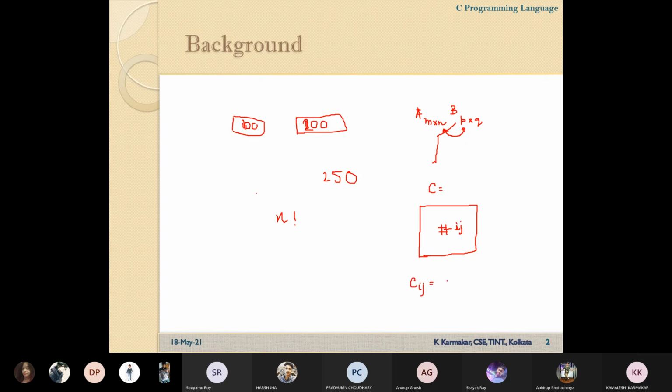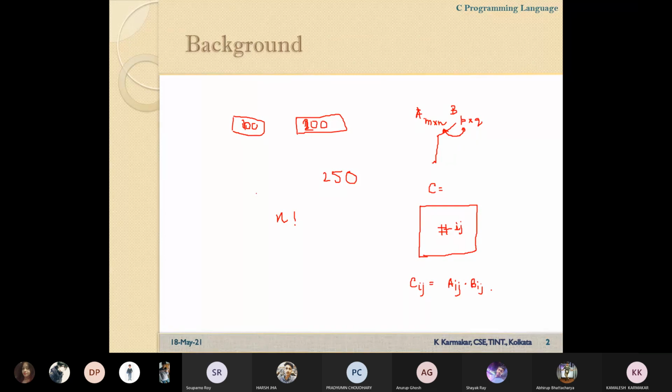What will be the value of Cij? A ij multiplied by B ij.